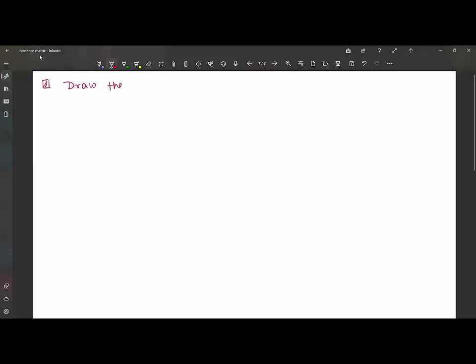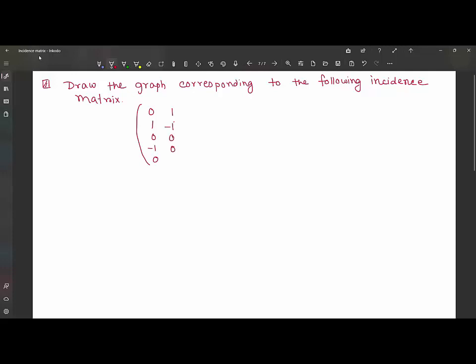Draw the graph corresponding to the following incidence matrix. And this is the incidence matrix, suppose: 0 1 0 -1 0 and 1 -1 0 0 0 0 0